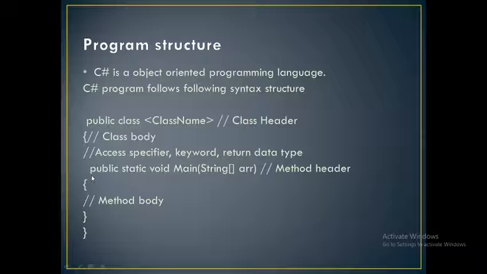The next is the entry point for your program execution, which is nothing but your main method. Public static void Main is known as your entry point for program execution. Public is an access specifier which specifies the accessibility for your program. Static is a keyword which makes your program object independent. Void is a return data type, meaning after the completion of the execution of the program, we don't need any value to be returned from this function. Main is the entry point for your program execution.